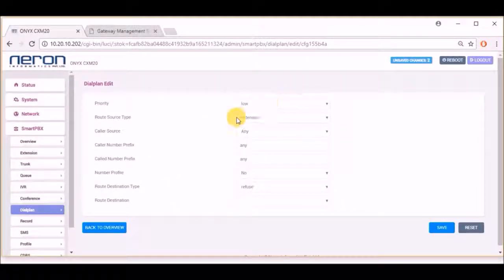Now the priority will be low. Your route source type will be extension, caller source any, caller number any, number profile no, and route destination will be your trunk. And now we have to choose which trunk we want to use. So in this case I'll choose the FXO port and click on save.